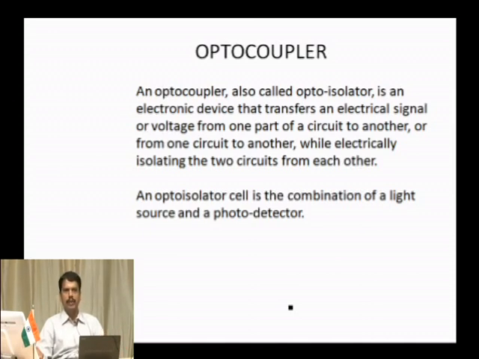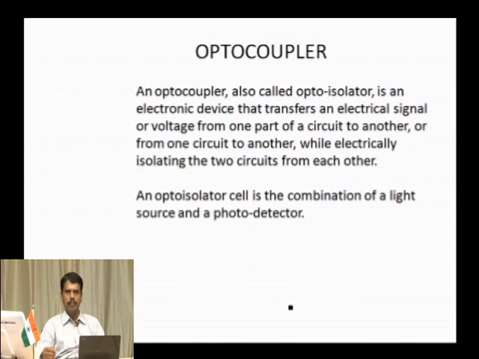So what can you expect in an optocoupler and opto-isolator? It should have a light source and a detector. Opto means light, so it is light coupled. If you know the transformer, I think you can relate it to here. There they are magnetically coupled, here they are optically coupled. So the input circuit and the output circuit are electrically separated. The only connection is through the light. So this is a very good isolator that isolates the input circuit from the output circuit.